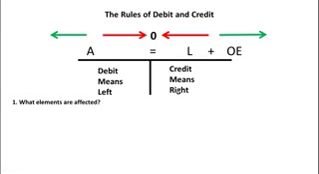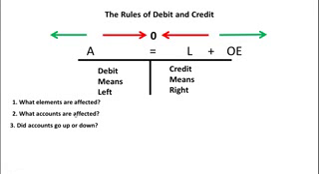So anytime we're going to do a transaction, we're going to answer these three questions. First of all, what elements are affected? And there's only three elements: assets, liabilities, and owner's equity. That's the only three elements there are in accounting. Second question is, what accounts are affected? And the third question we're going to try to answer is, did the accounts go up or down? Those are three questions we're always going to try to answer when we record a transaction using debits and